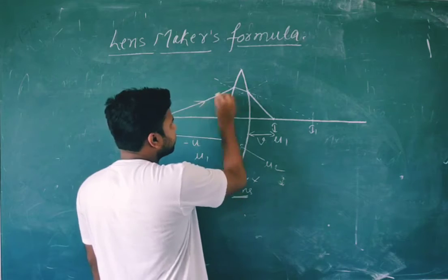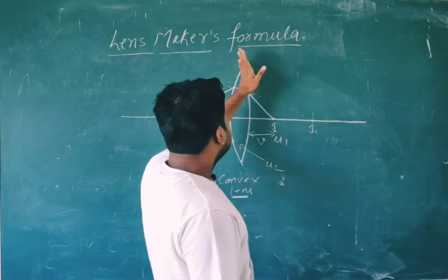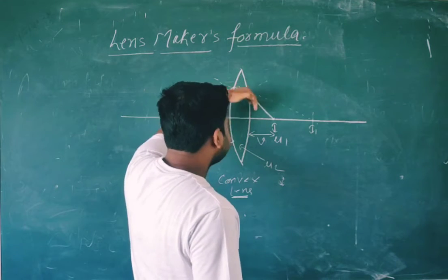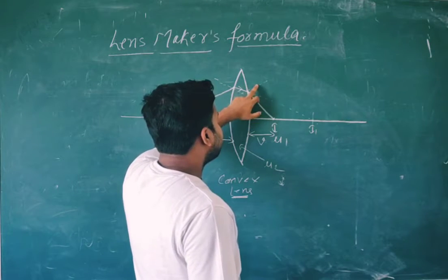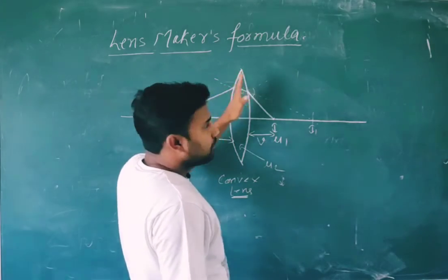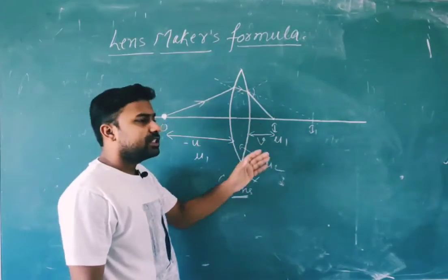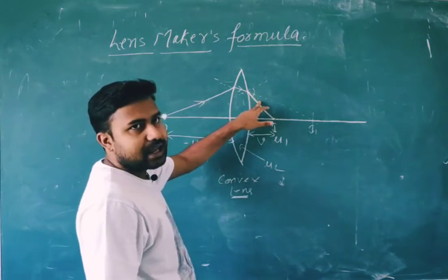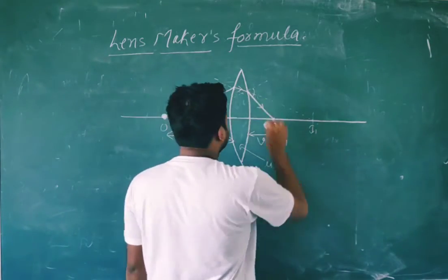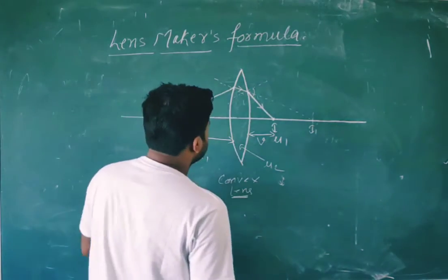Look at this: if the ray is going in this direction, after refracting through this left surface, it has to go in this direction, but because of refraction happening on the second surface, it is tilted in this direction and goes away from the normal drawn here. This one is the normal, so it goes away from that. It has to go in this direction, but the ray is coming from a denser medium and going towards a rarer medium, so it goes away from the normal. This phenomenon is happening here, and after that finally the ray meets at this point. The dark line denotes the path of propagation of the ray coming from this object.